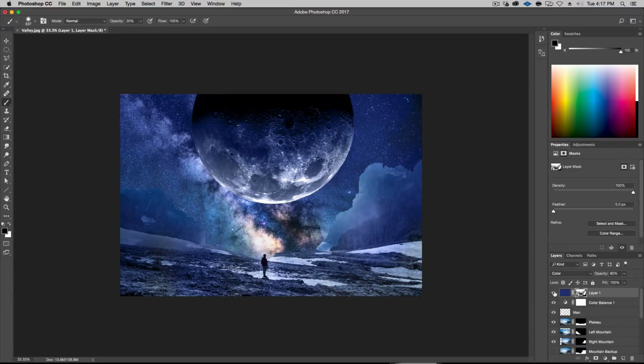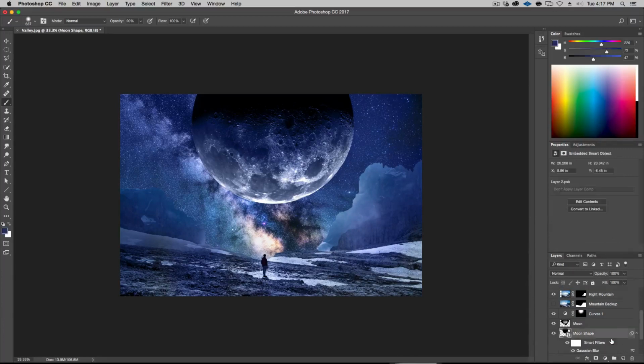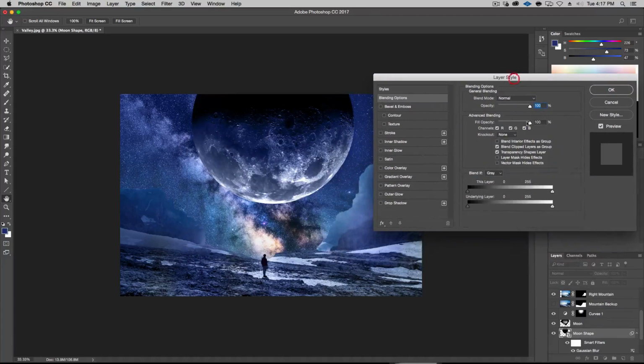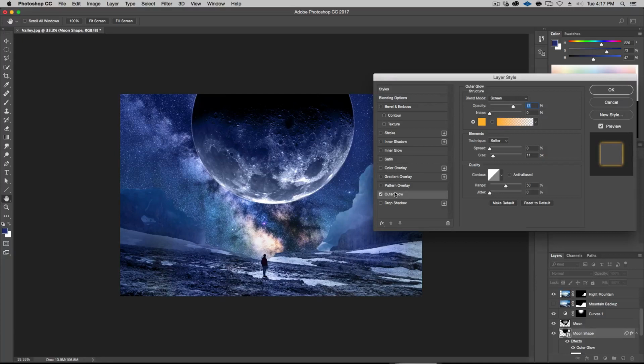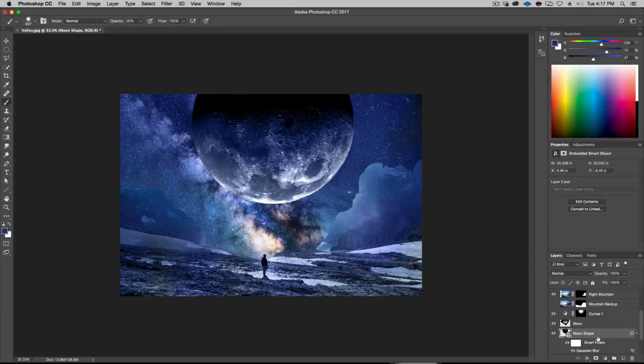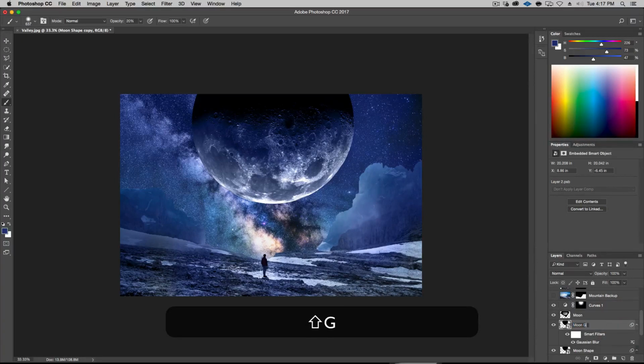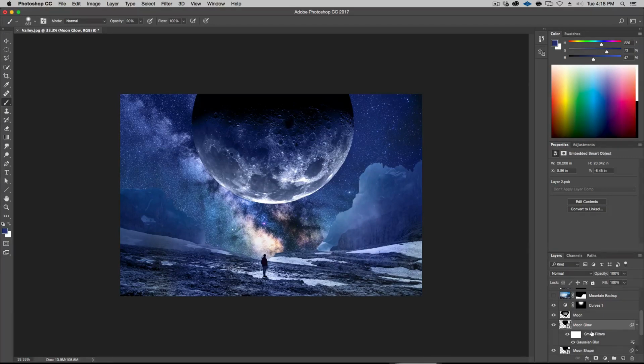Okay, so that's a layer in color mode, and I want the moon to have a bit of a glow to it. So let's try that. Let's go to this and double click, and we have, let's see, outer glow. Okay, and I'm actually going to duplicate this because I want this to be separate. Let's duplicate this. We'll call this moon glow. Okay, right now it's just a circle that's slightly blurred.